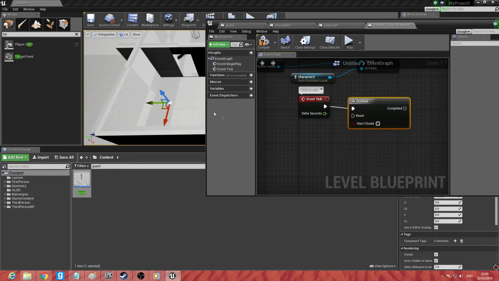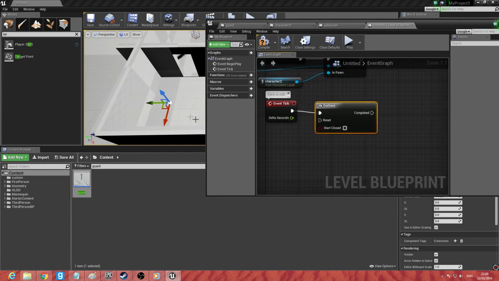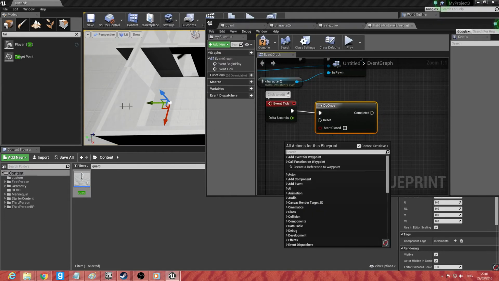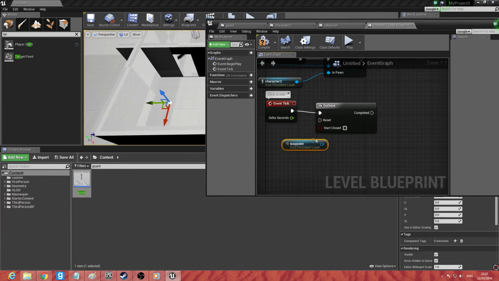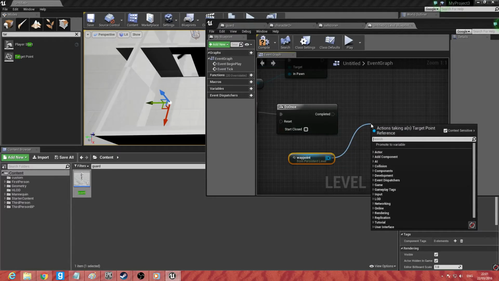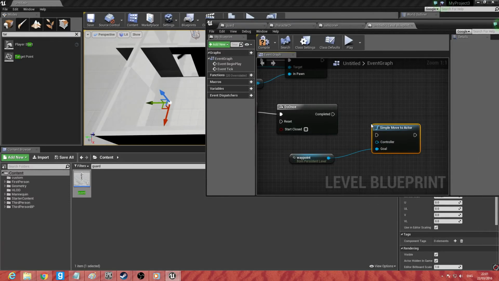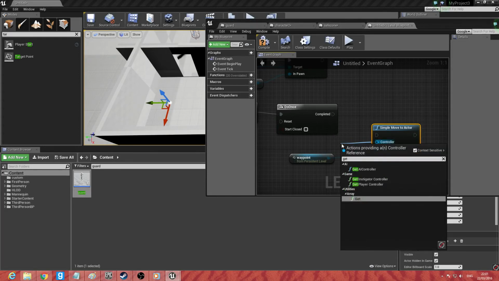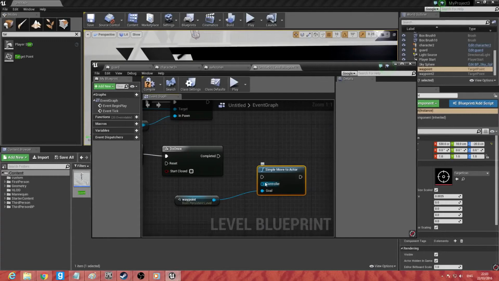So what we need to do at that point now is right click, make sure that the target point is selected, create a reference to the target point, and then you want to drag that off and do a simple move to actor. With the controller, you can do get controller. Okay, now what we want to do is we've got the wrong one, so we need to do